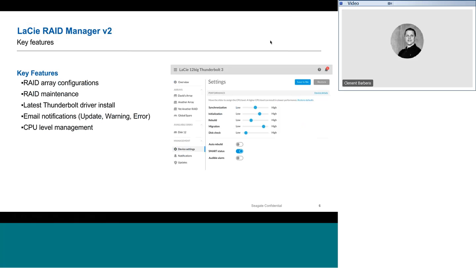It also allows you to do some RAID maintenance. When you install the latest version of LaCie RAID Manager, it will also install the latest Thunderbolt driver for your LaCie product. So it's very important to always keep LaCie RAID Manager